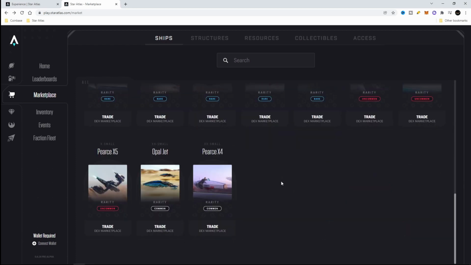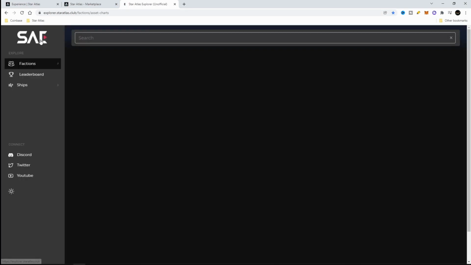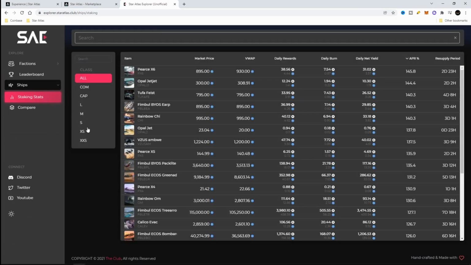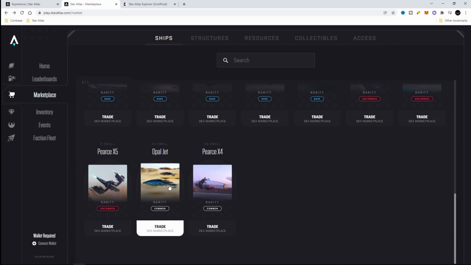And so what I want to show you is there's a great page, and kudos to these guys for making this page. I'm not affiliated with them. I'll link this to the bottom. It's the SAE, and there is a ship staking stats, and they have all the sizes. If you start out with the smallest ones, the extra smalls, which would be these two guys down here, and before you buy into it you look at the reward,